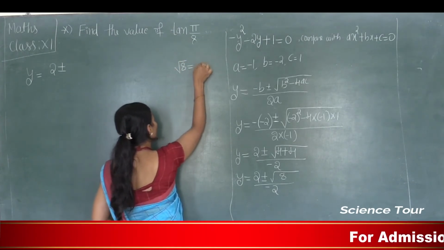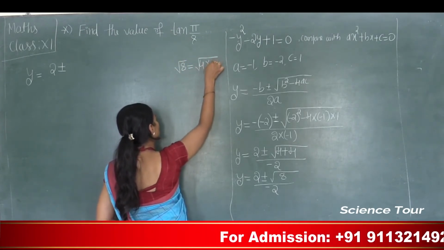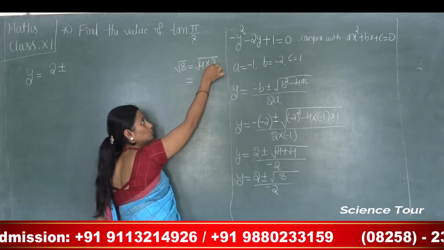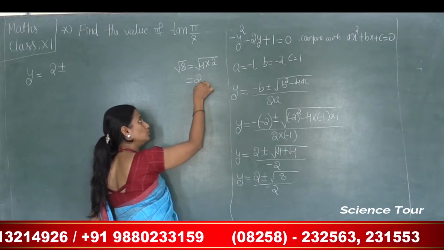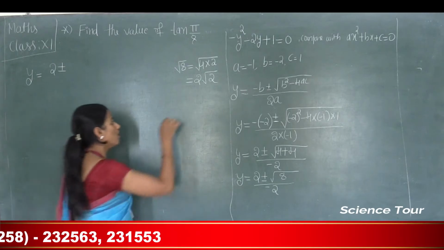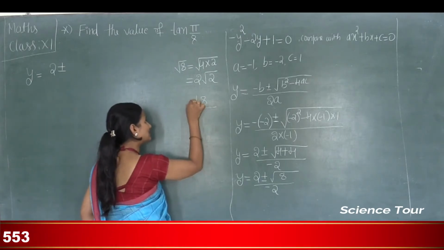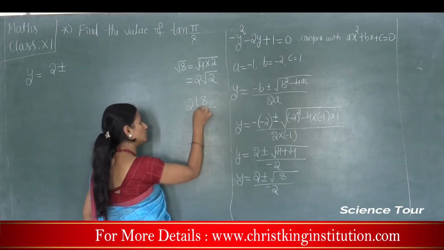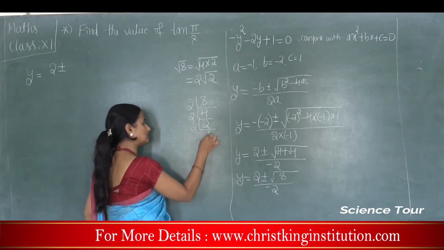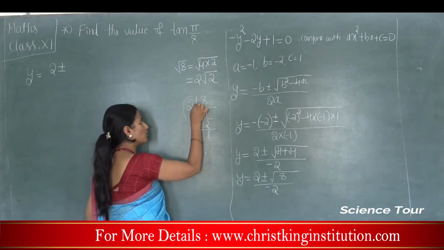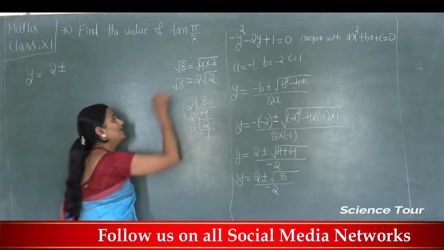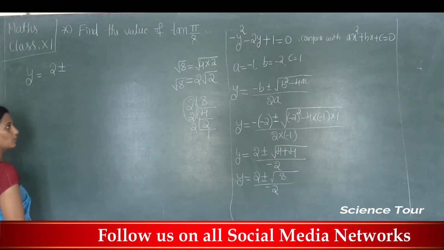Square root of 8 can be split as 4 into 2, right? So now square root of 4 and 2. So the square root of 4 is how much here? 2 into square root of 2. Is this correct? Yes. Or else you can use this method. 2 fours are, next 2 twos are, next 2 ones are. Correct, no? So this as one group, that is 2 and square root of 2. So square root of 8 can be written as 2 square root of 2.